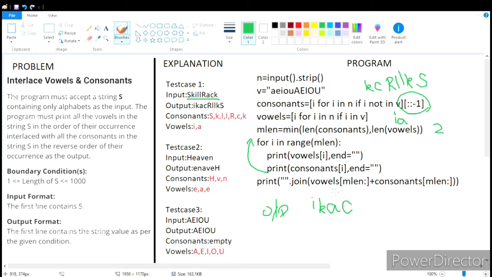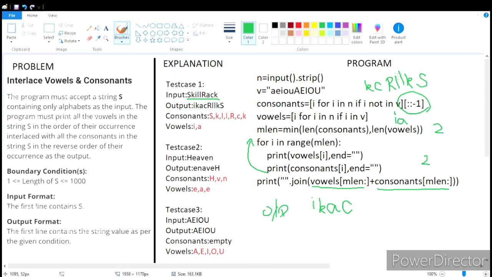The remaining will be in the consonants list. So if I take vowels from mlen, which is 2 till the end, nothing will be there in the vowels list, so it will be empty over here. And in my consonants, mlen is 2, after this second index everything will be present, and I'm joining it without spaces.